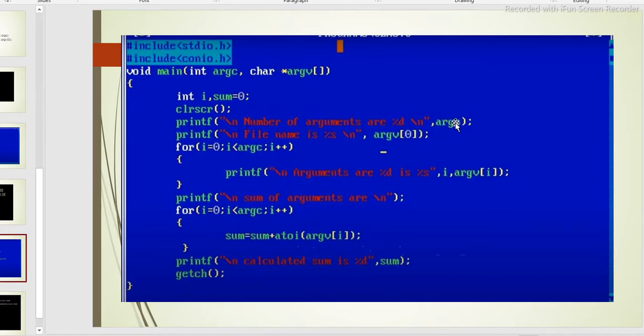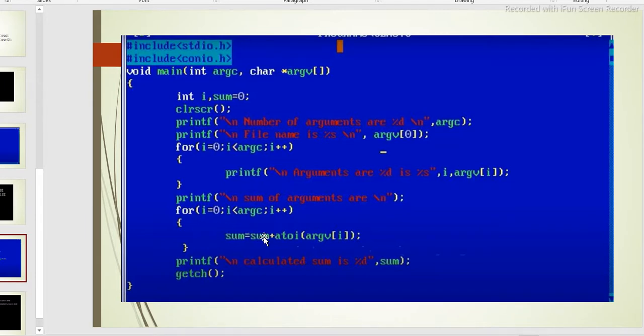I give the value 10, 0 is less than 10, true, increment operator. Give the values 1 2 3 4 5 6 up to 10. The number of arguments is totally 11: the file name and 10 numbers, so the number of arguments is 11.